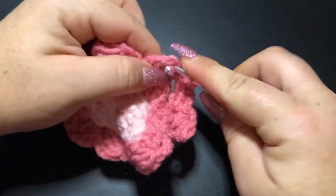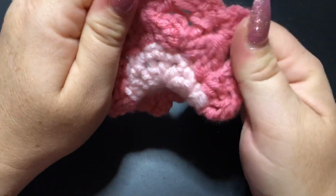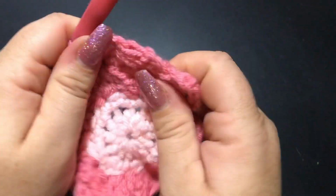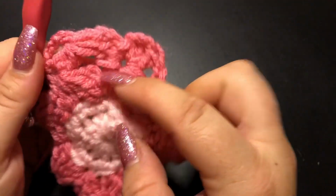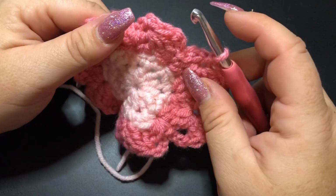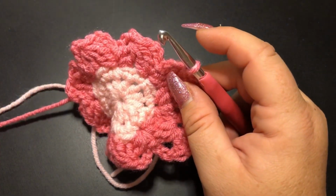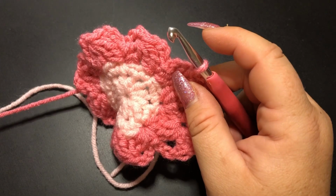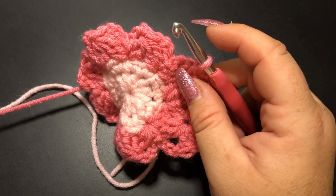And then we begin that repetition of the fairy wing stitch. Now you can see just from my first bit, those fairy wings taking shape. I'll let you continue with that repetition all the way around. Finishing off, you'll end with your last chain 3 and double crochet 2 together in the chain 1 cluster where we started,